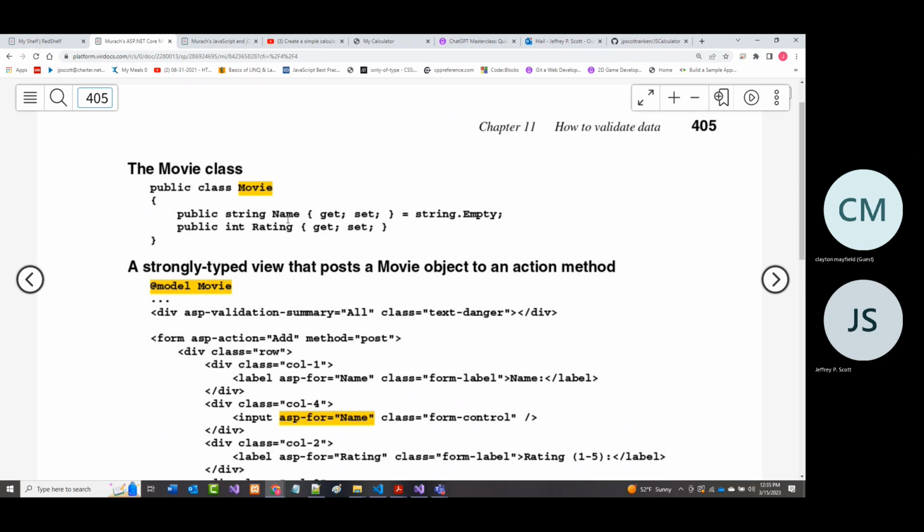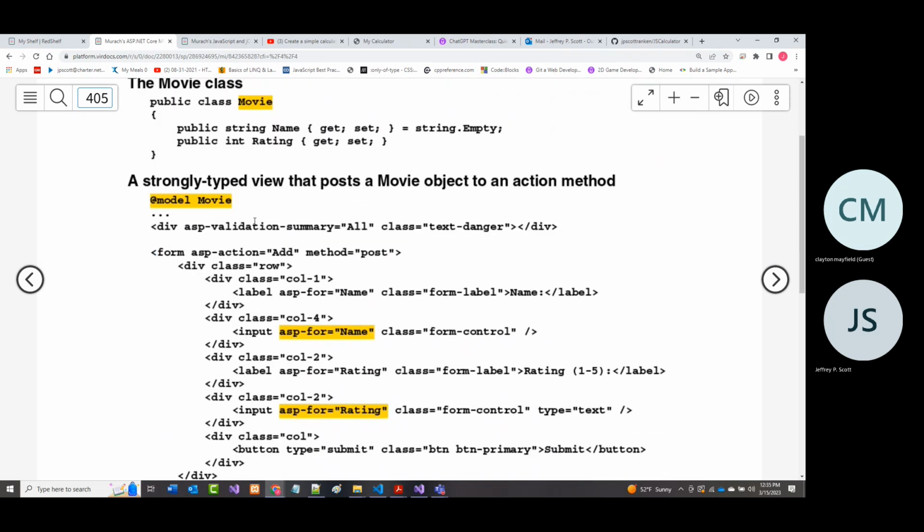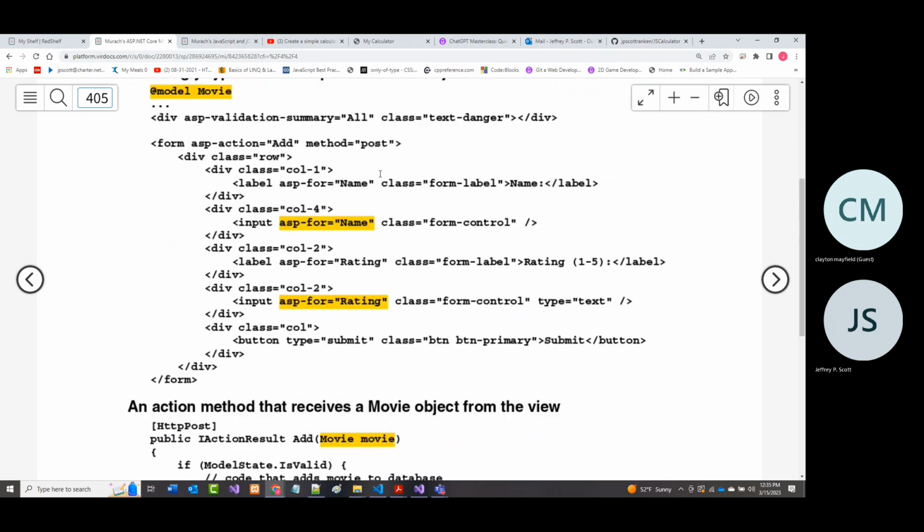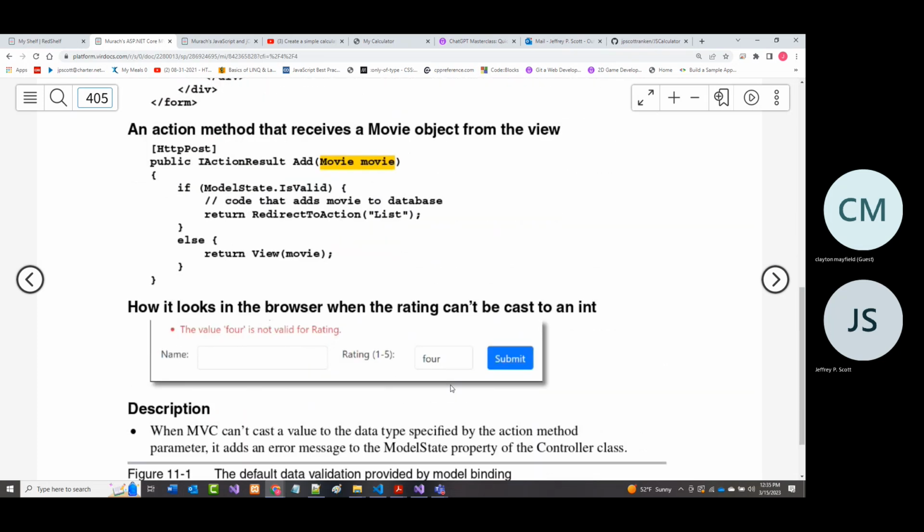The other thing in there is a rating, and you'll notice it's an integer. It's an int. And if we don't put it in as an int, we get an error message. The key takeaway from that is that the error message isn't using the regular validation that we've talked about before.